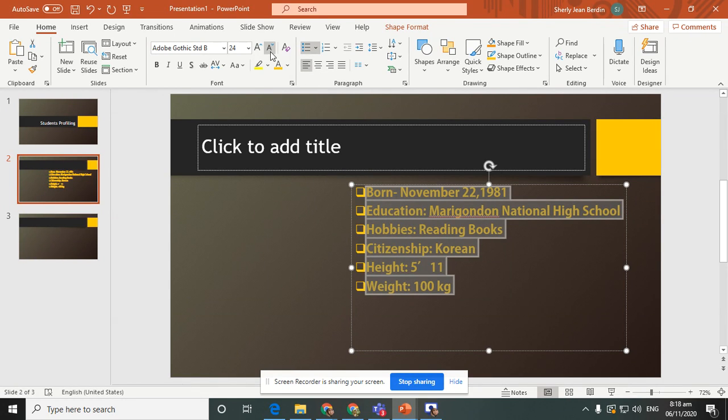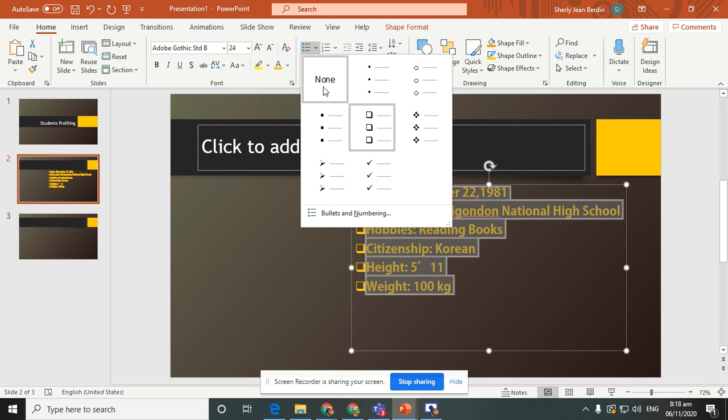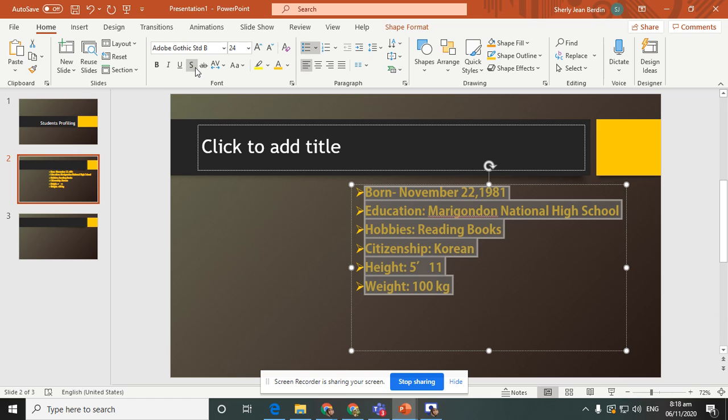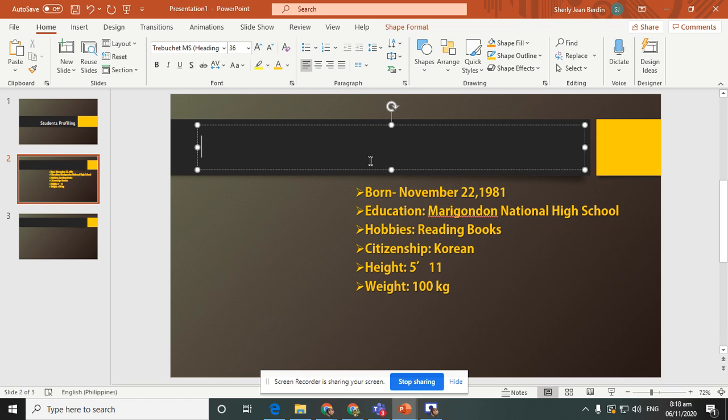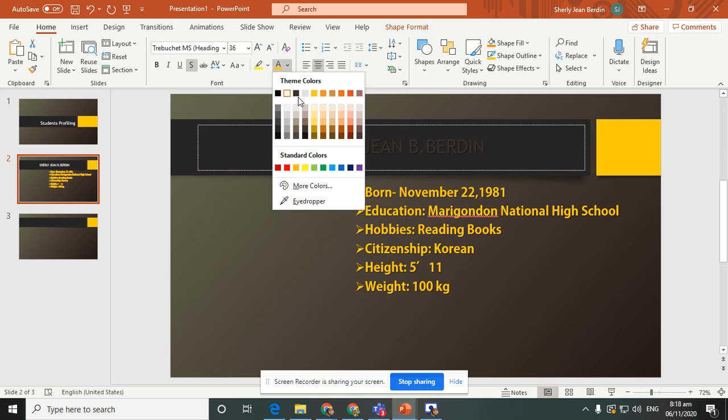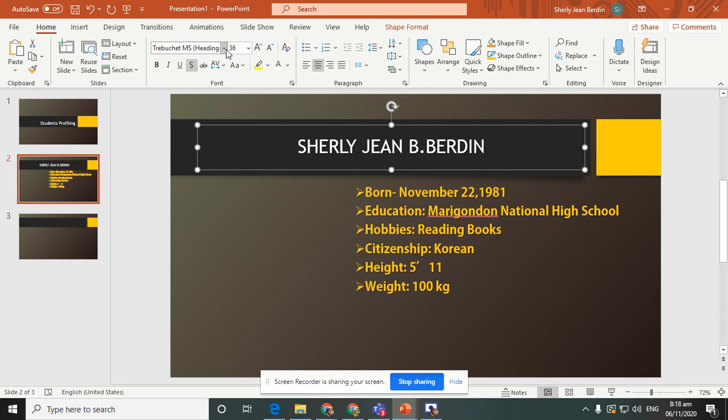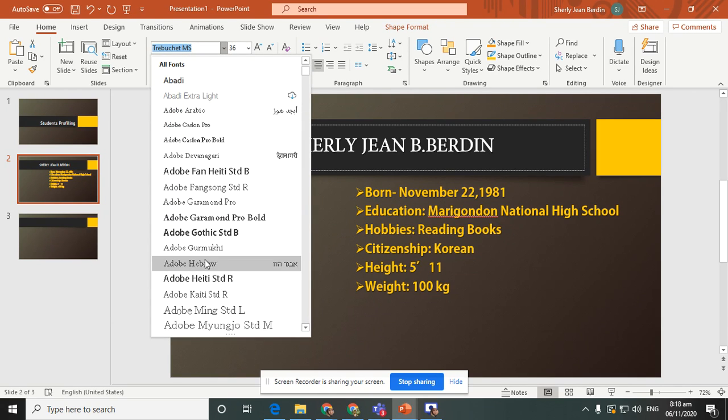Then I will apply bullets on it, and then shadow, and then apply bold, and then you can put the name on the top. Then put a shadow on it. Apply font color. White is good. And then apply font style.